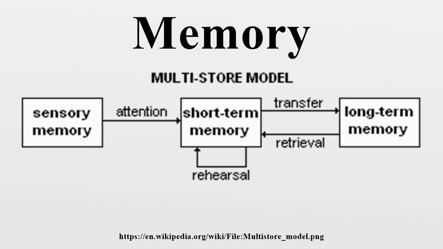Iconic memory is a fast-decaying store of visual information, a type of sensory memory that briefly stores an image which has been perceived for a small duration. Echoic memory is a fast-decaying store of auditory information, another type of sensory memory that briefly stores sounds that have been perceived for short durations. Haptic memory is a type of sensory memory that represents a database for touch stimuli.